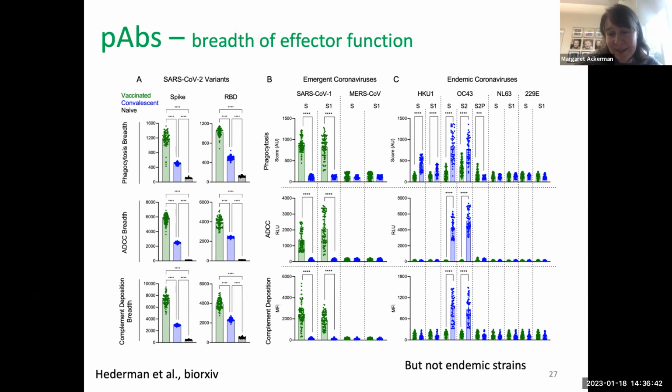So we think that really has to do with the conformation of antigen. It could also depend on route of exposure, but I think the use of stabilized antigen in the vaccine has some real differences in the immunogenicity and the antibody responses that are induced by those two different exposures.